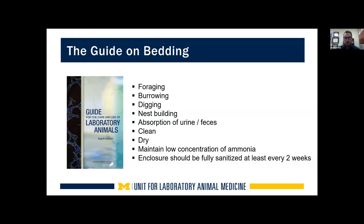But there's a lot of other aspects to consider too, and we'll touch on some more even later, but we have to think about the absorption of that bedding. Is it absorbing the urine or feces? Is it helping to keep our animals clean and dry? We know that that's highly important. And then not only the direct impact on the physical aspect of the animals, but also what about the microenvironmental parameters inside that cage environment? How does the bedding have an influence on gaseous aspects such as ammonia within the cage? And then there's the reality of how often the cage needs to be cleaned based on how the bedding is performing in there. Our standard, unanimously, is that cages need to be fully sanitized at least every 2 weeks, which is how most